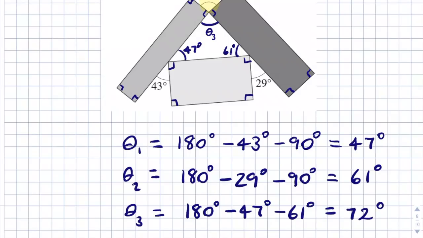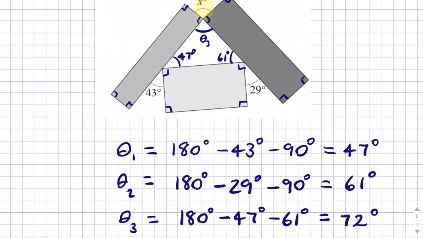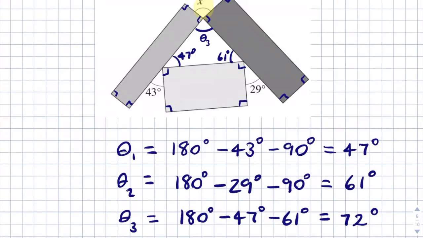So now what I need to do is find x. Now, don't make the common mistake that a lot of people would make and just think, well, these must be opposite angles, so x must be equal to 72. That's not correct. What we want to do is you should be able to see that the x angle, the angle theta 3, which we've got an answer for now, which is 72,